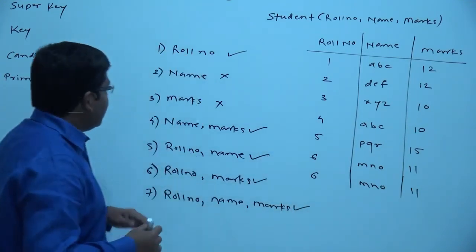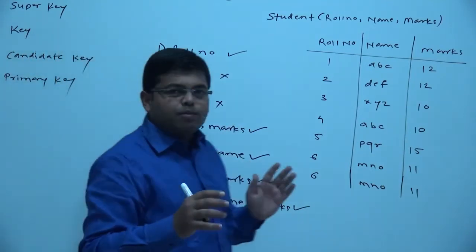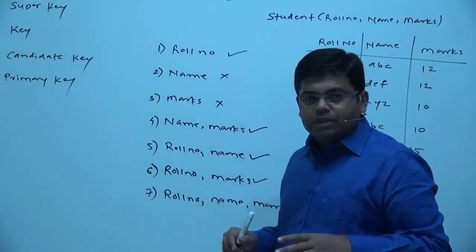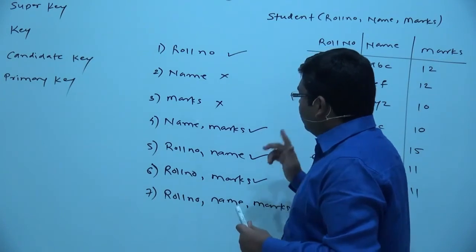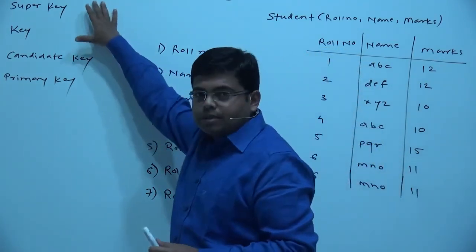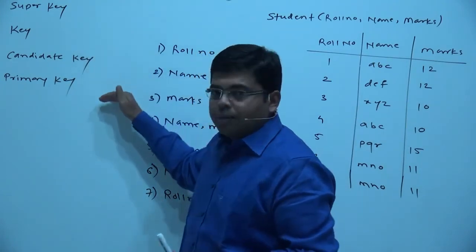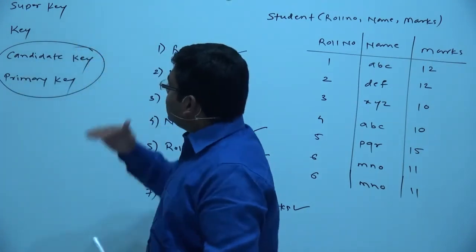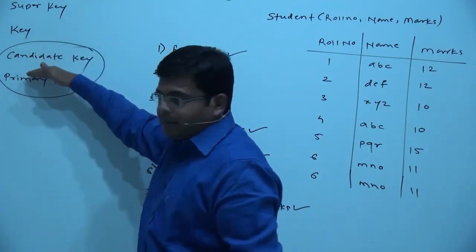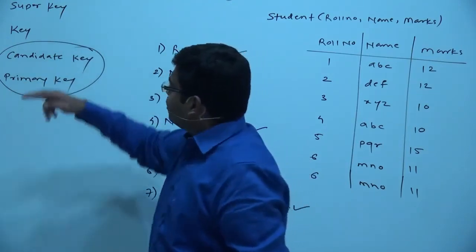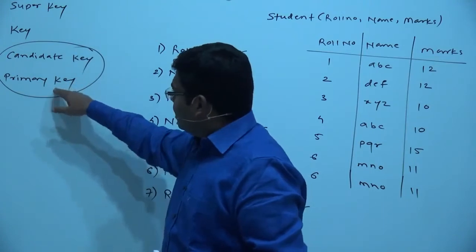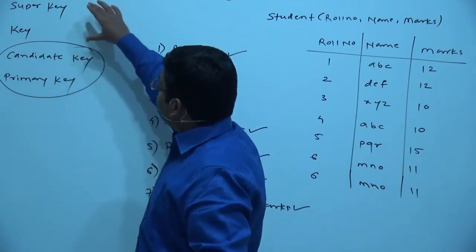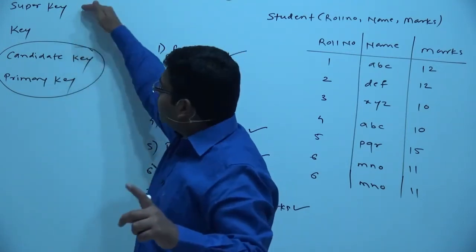Okay, now see, we have seen the very general concept of key. So key means unique identification, and unique identification means keyness. Now what we are going to do, we will classify the key into one of these four types, like super key, key, candidate key, and primary key. Now while discussing these four things, we will keep candidate key and primary key aside, because technically there is no difference between a key, a candidate key, and a primary key, or structurally there is no difference. The difference between key, candidate key, and primary key is subjective, and therefore right now we are going to focus only on the first two types, that is super key and key.